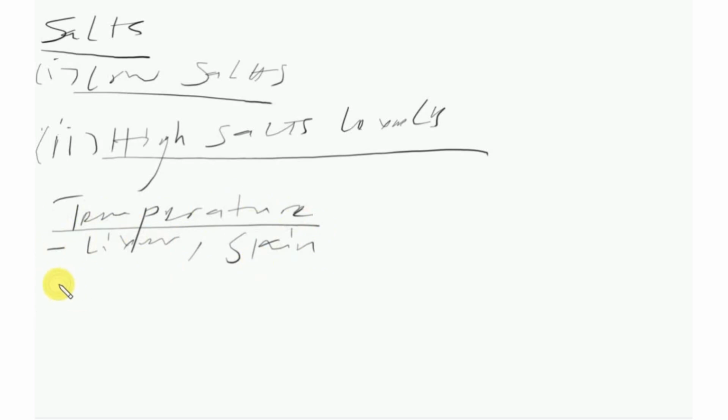So let us look at when the temperature drops below 37 degrees Celsius. When the temperature of the body drops below 37 degrees Celsius, this means that the body must involve itself in